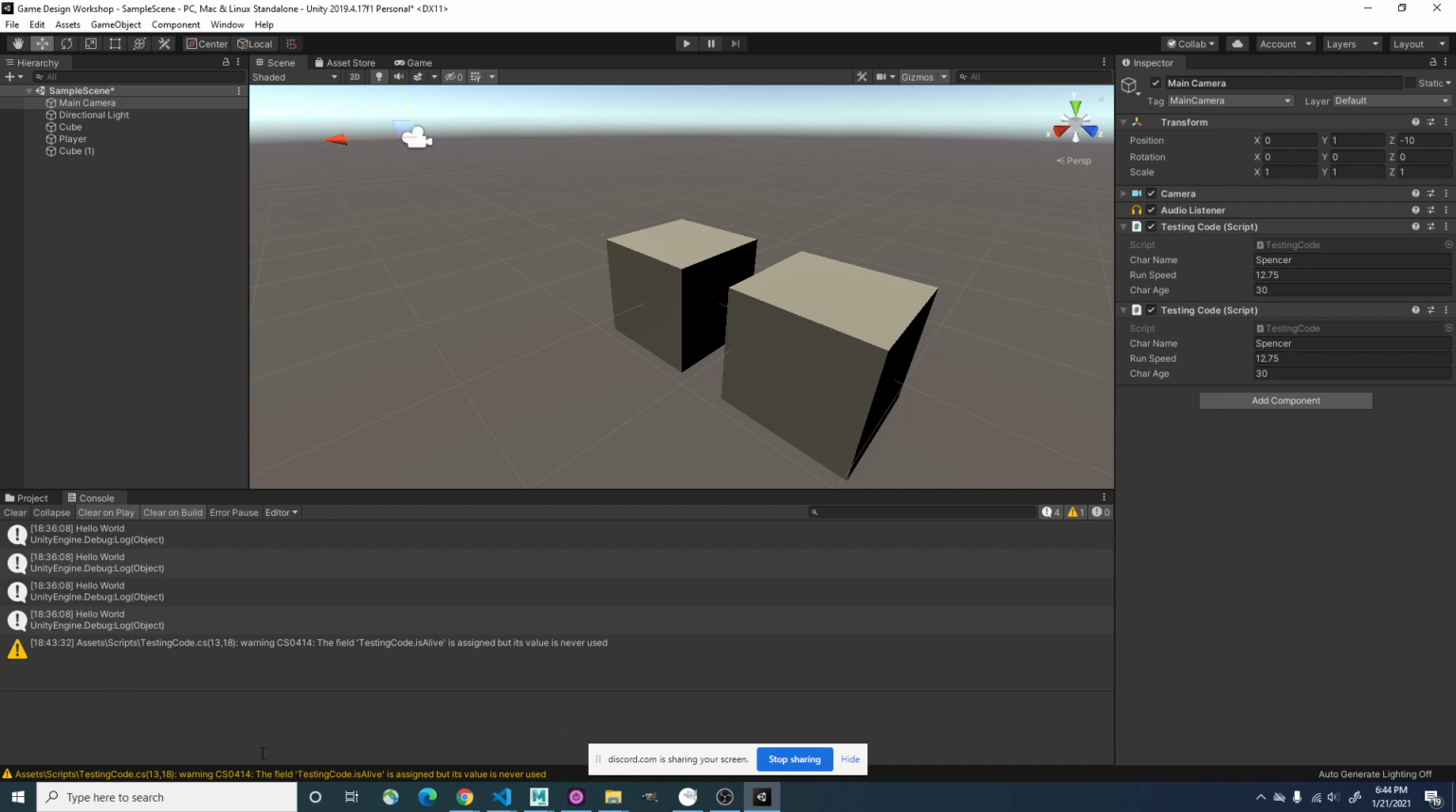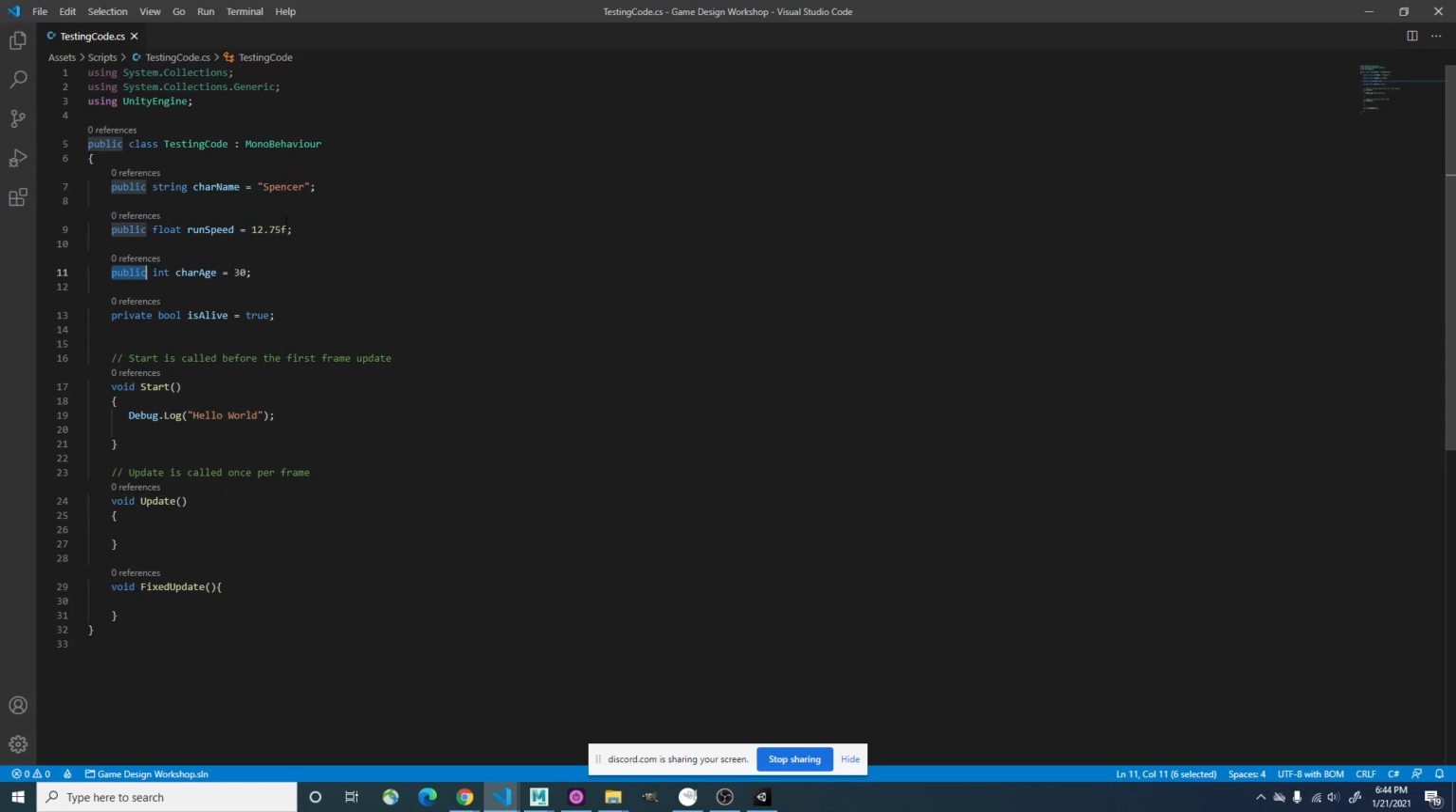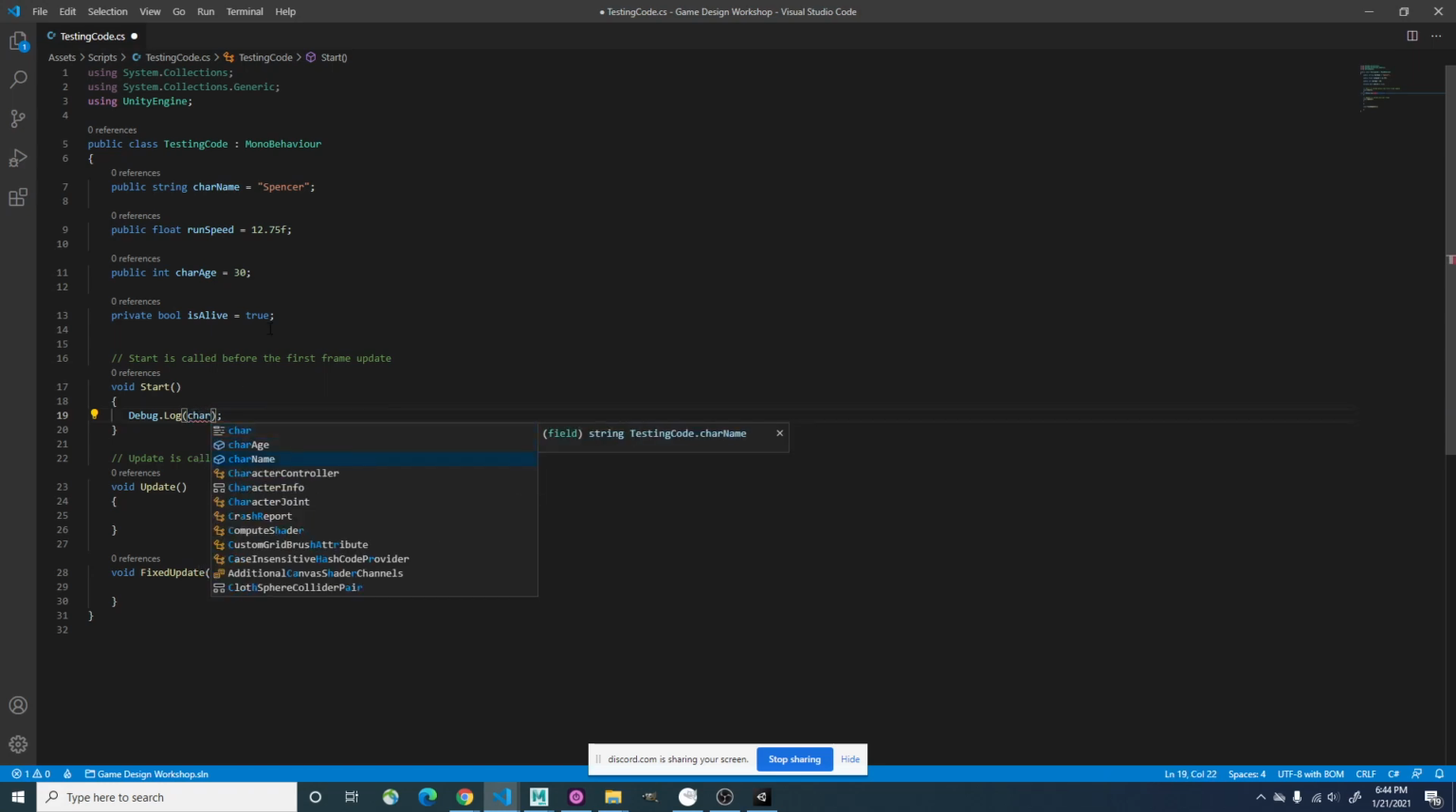And right now this error is just saying that I declared variables, but I'm not using them anywhere. I'm not doing anything with it, so it's just a waste of space. So the same way that we debugged something down here, like we printed it, we can also just put in the name of a variable and it will print that value. So if I say char name,